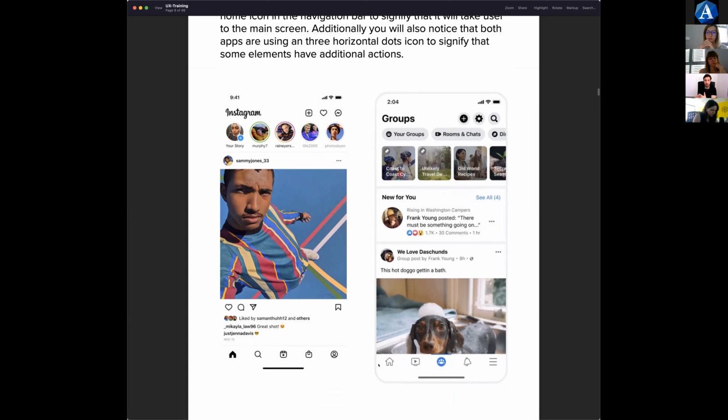Okay, this has become kind of like a standard nowadays. And this is the consistency that the user expects. When the user sees a home icon, the user expects to go to the home, right? Additionally,